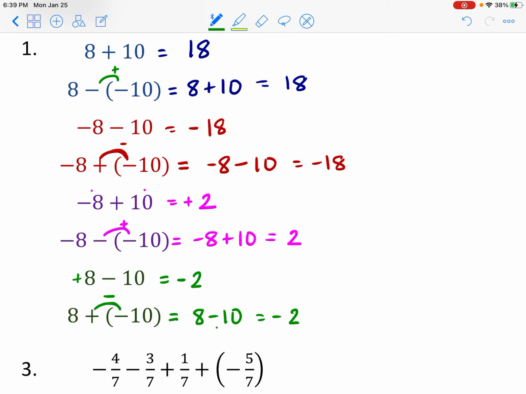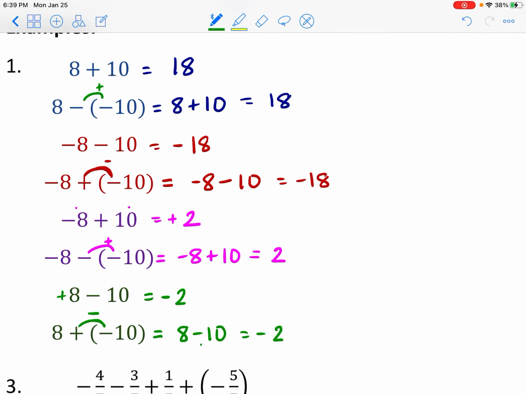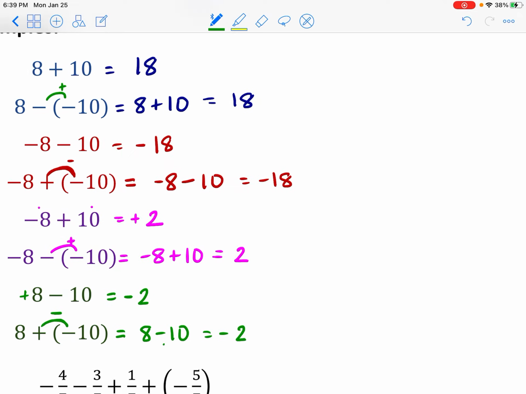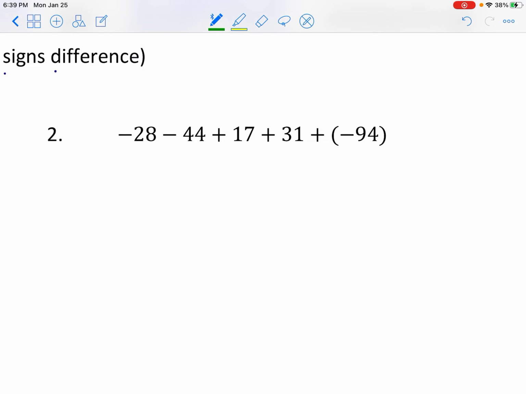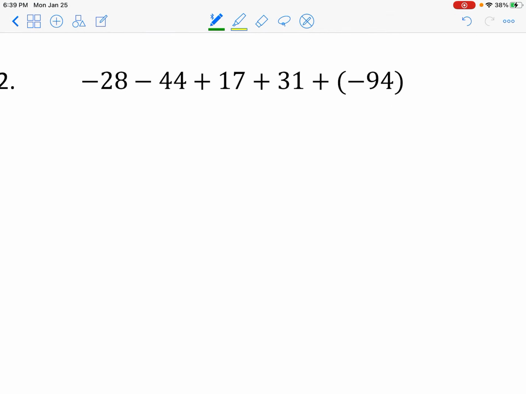Okay? Luckily, if all the rules get a little complicated for you, you could absolutely use a calculator to verify anything that we just did there. Alright, so let's try this with a bigger problem. What I would do first, if I was looking at a bunch together, is get rid of any parentheses. So if I see any double signs, I want to simplify that. So for instance here, when I see a positive times a negative or a positive negative, that's really just the same thing as subtraction. So I'm going to rewrite this as negative 28 minus 44 plus 17 plus 31, and